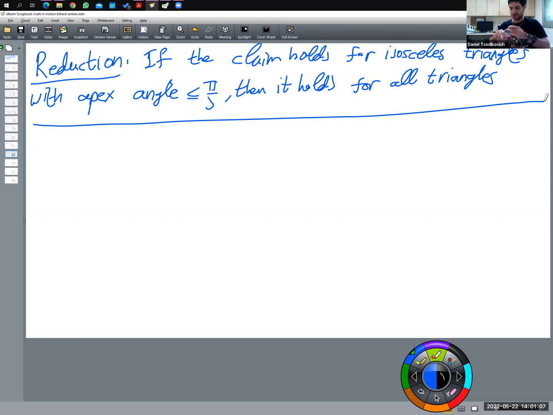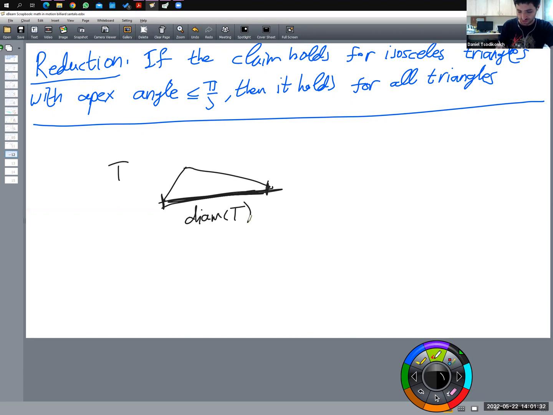And this is again quite simple. If we have here an arbitrary triangle, so this is an arbitrary triangle T. So the diameter of T is its longest edge. So this is the diameter of T. So near the longest edge is the smallest angle. So let's suppose that this angle is the smaller. So this is the smallest angle